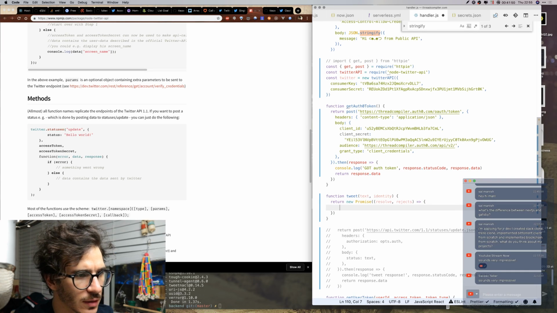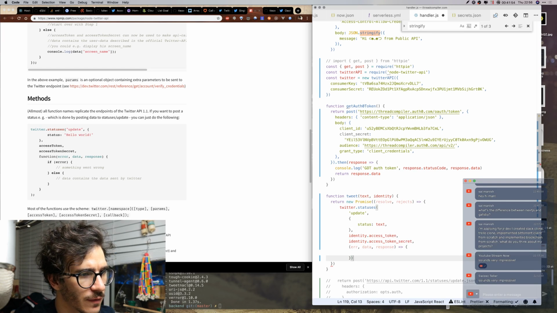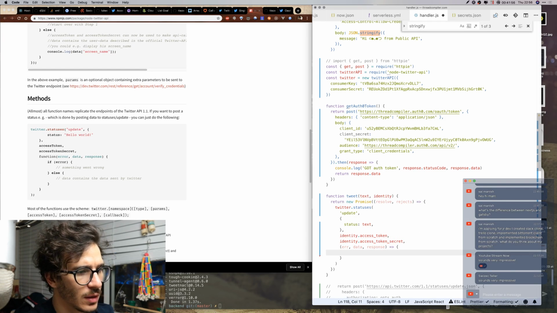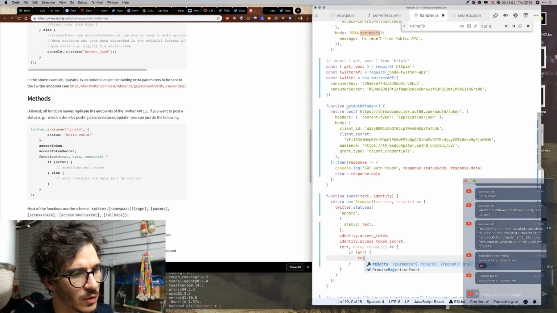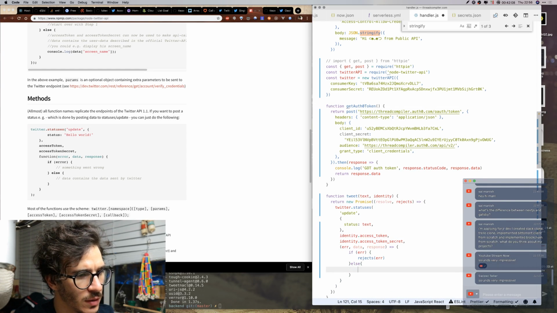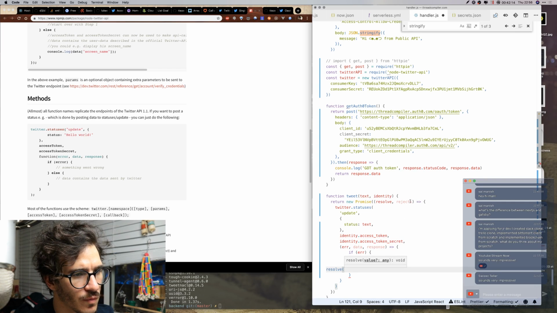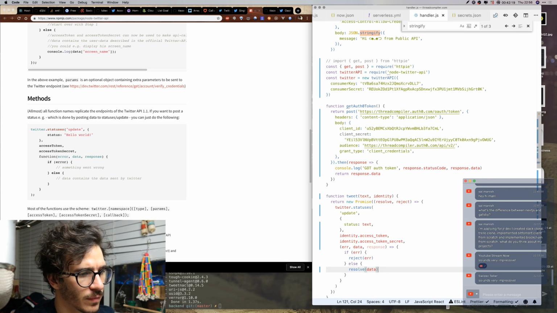So I have that, then we put back the Twitter statuses, and our function here, we're going to say if error, then we reject this with an error. Otherwise, we resolve with the data, right? Access token, blah.